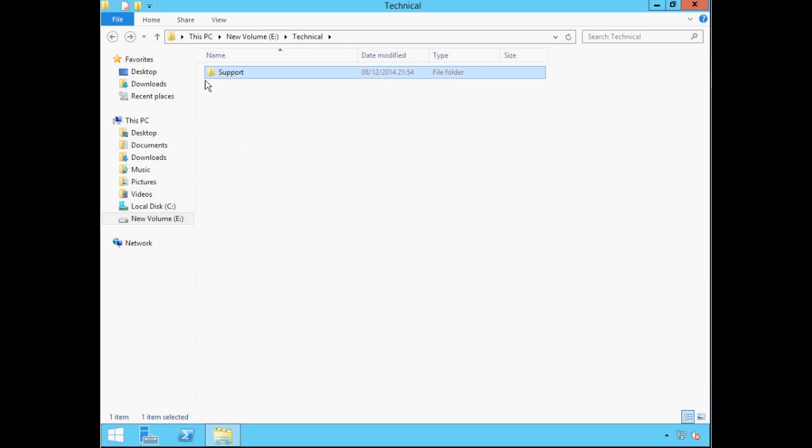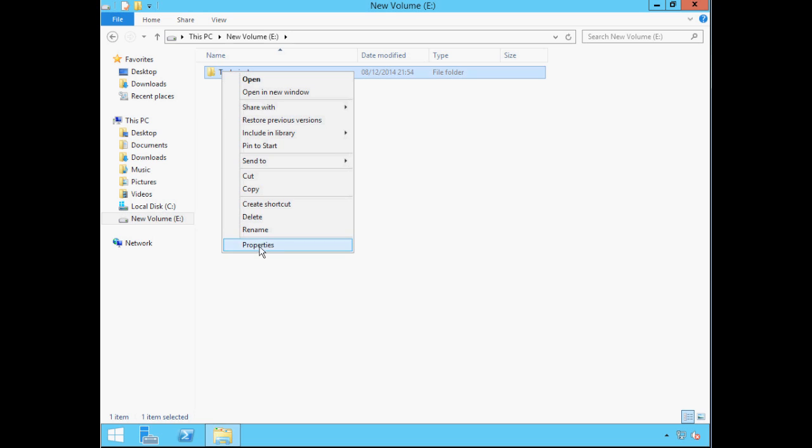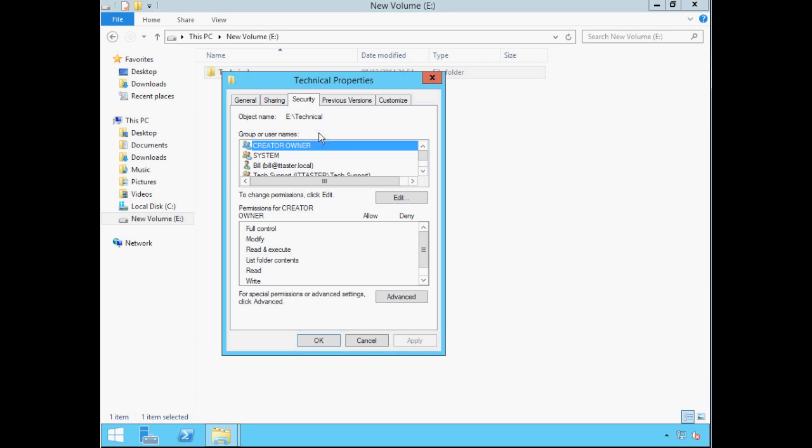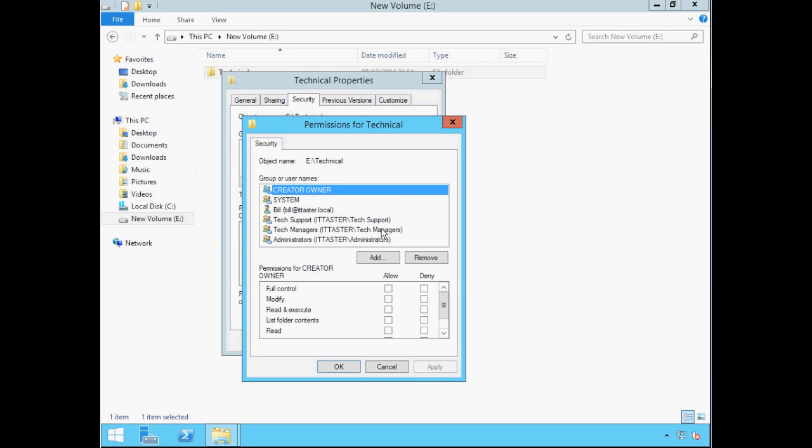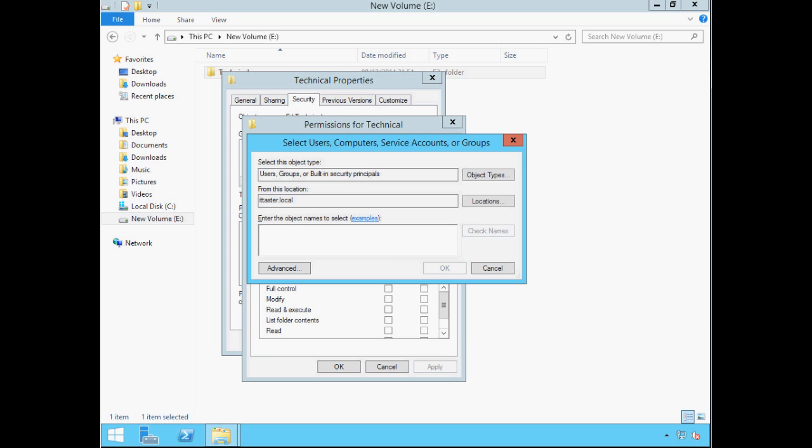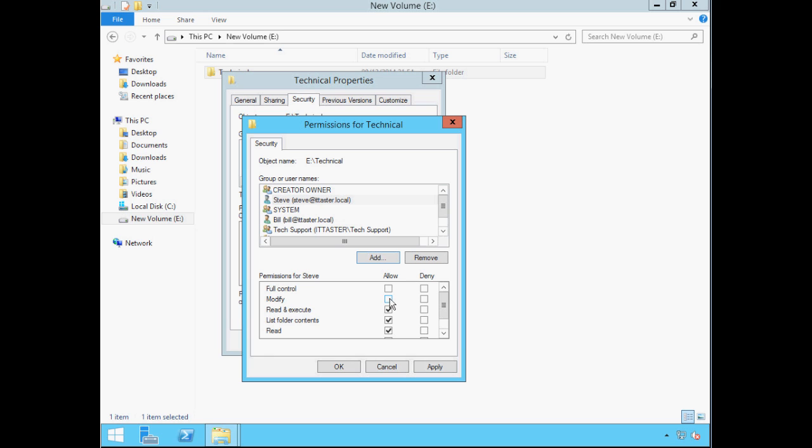If I navigate back up to the technical folder and edit its permissions, I'm going to add a new user called Steve, and I'm going to assign Steve modify permission.